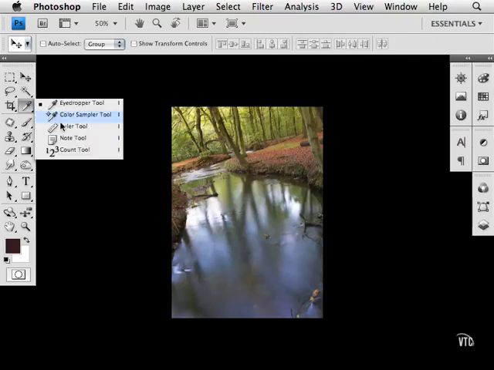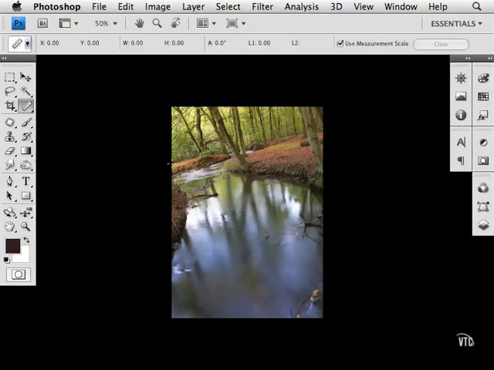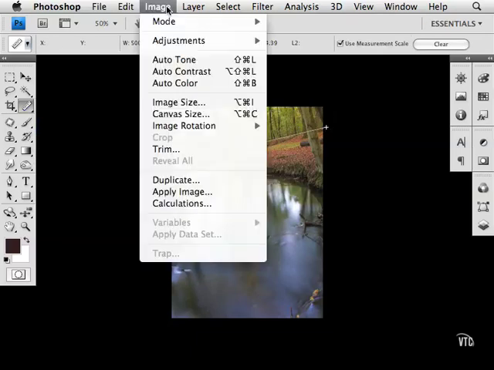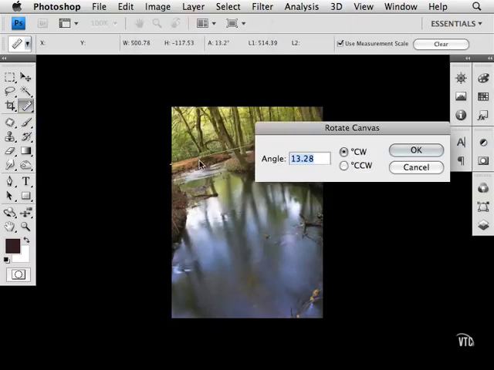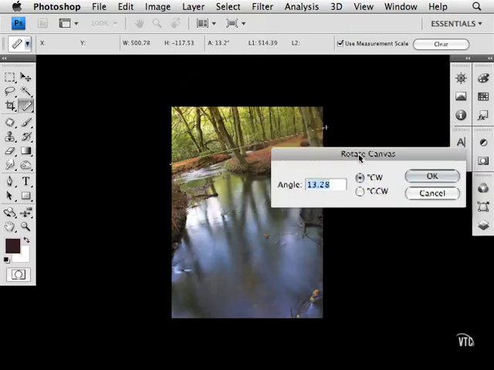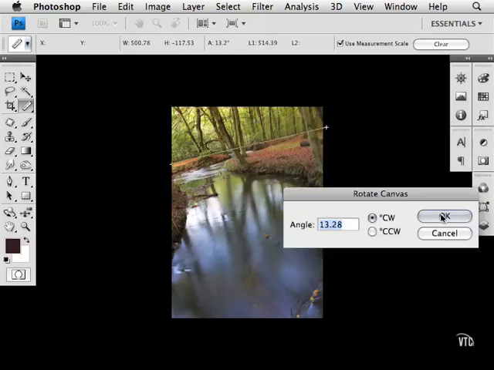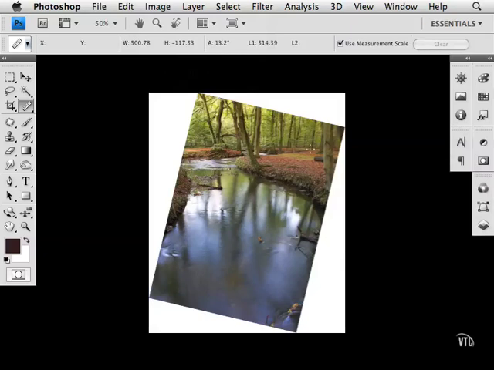I'll go ahead to the ruler tool again, and this time I'll trace the horizon like so, and I can go to image rotation, arbitrary, and I believe I need to go clockwise this time. So I want it to go that way. So I'll hit OK. The image is now the way it was before, and I could crop it,